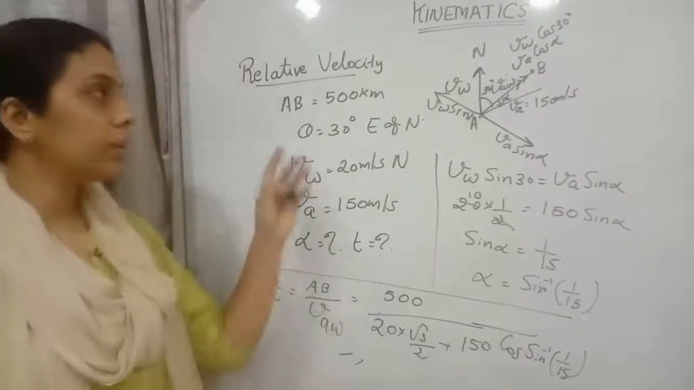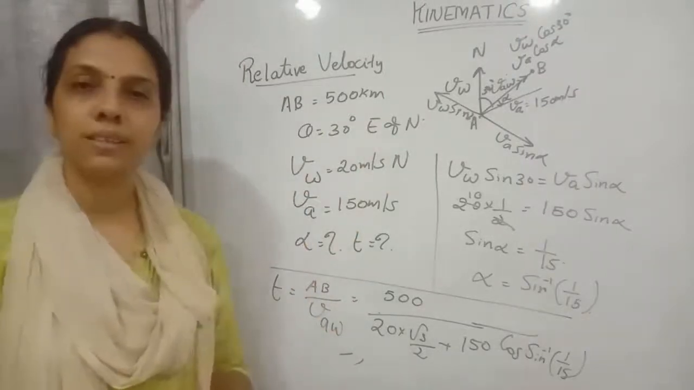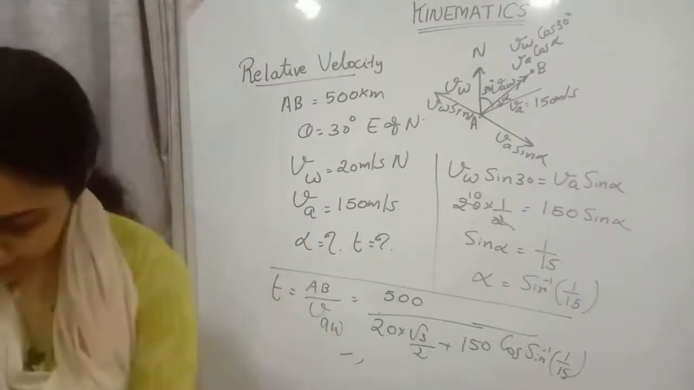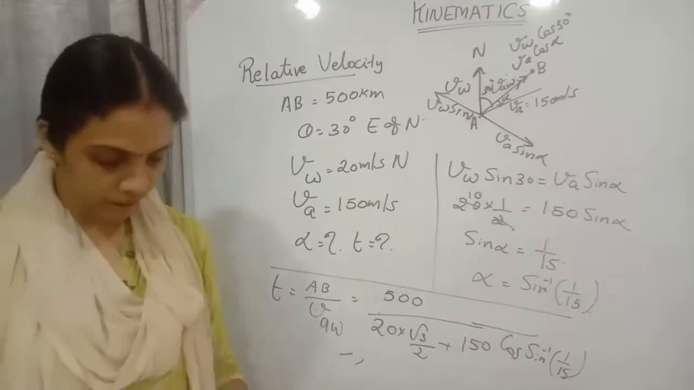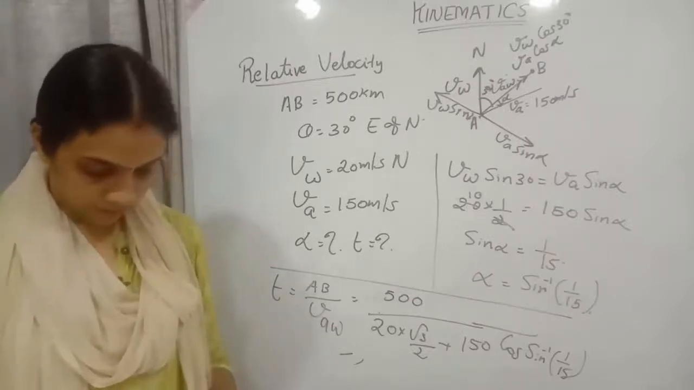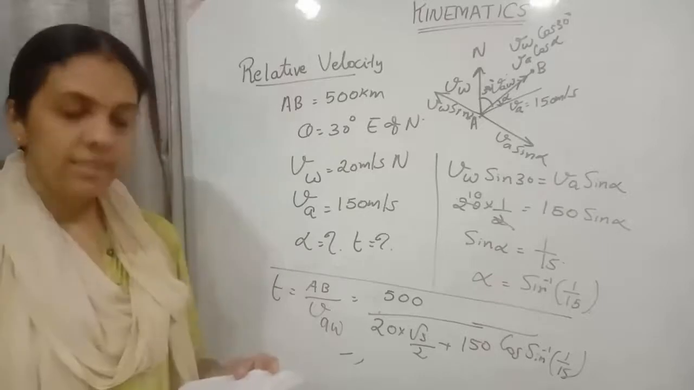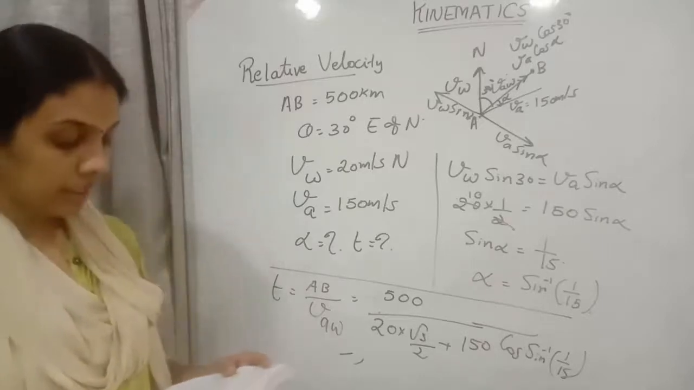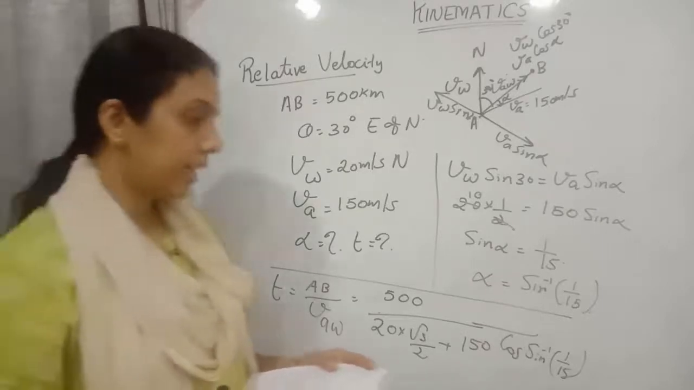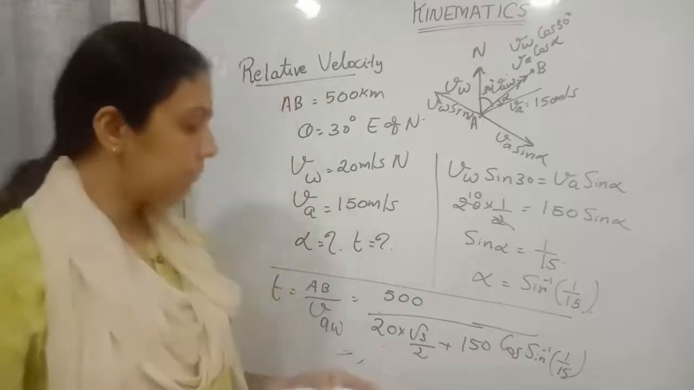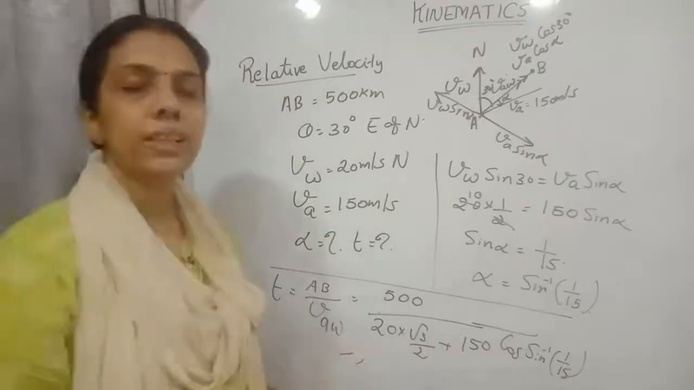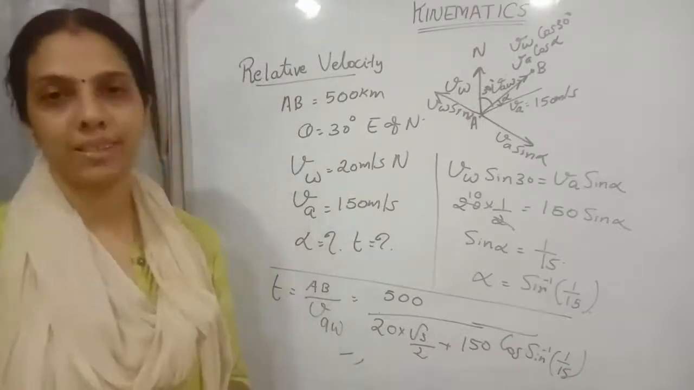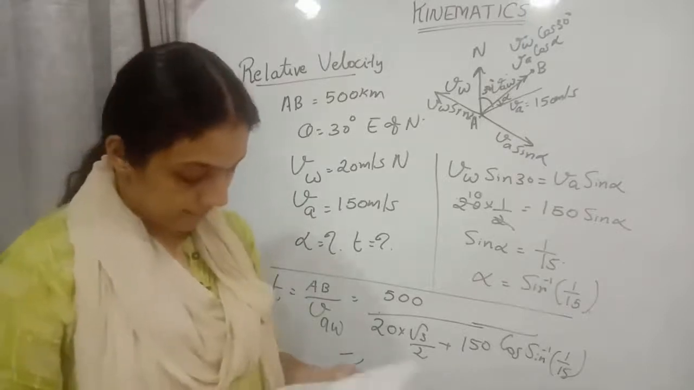Clear children, how we are finding out this answer? Okay, so the final answer is sin inverse 1 by 15 east of line AB and then 50 minutes. So when you are solving this one, you will get it as 50 minutes. Okay, so next is